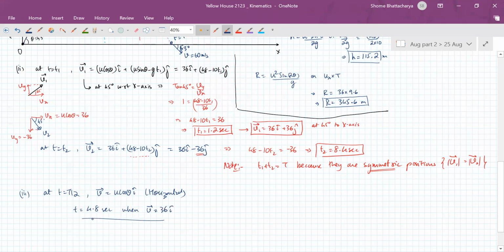Or you can also understand it this way, that when v is horizontal, the y component should become 0. So the y component is u sine theta minus gt. That is